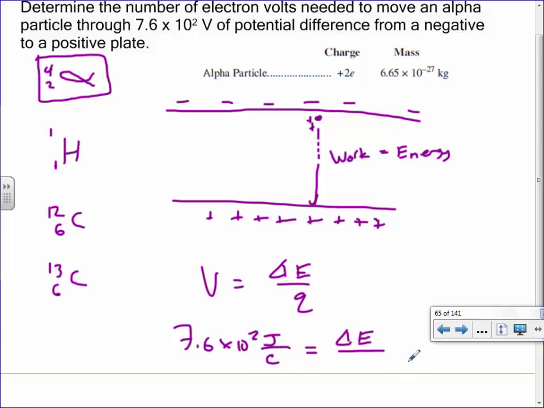What's its charge going to be? Two elementary charges. Since an elementary charge is 1.6 times 10 to the minus 19, this bottom number down here is going to be 2 times 1.6 times 10 to the minus 19. Let me see if I can follow that again. You know how we measure coulombs is just a whole lot of electrons? One electron or one proton would have the charge of 1.6 times 10 to the minus 19. That was if there's one charge to it. But an alpha particle is a particle that has 2 protons in it, so it's going to be 2 times that value.